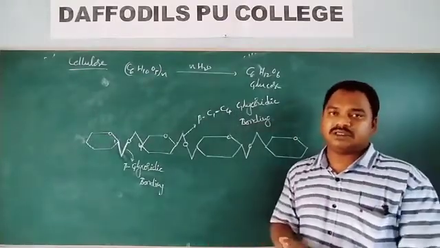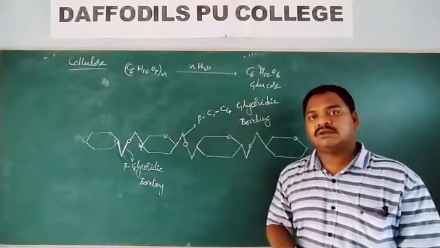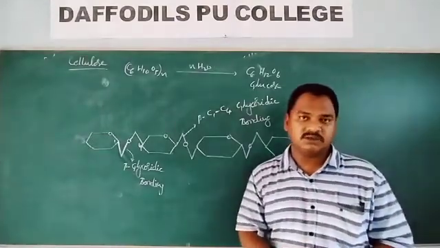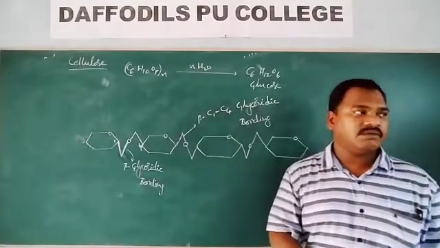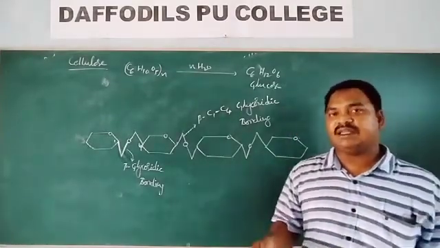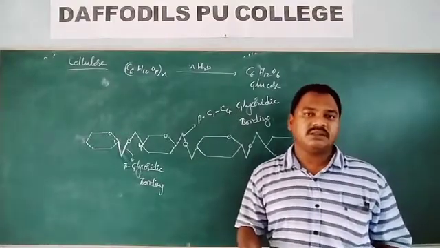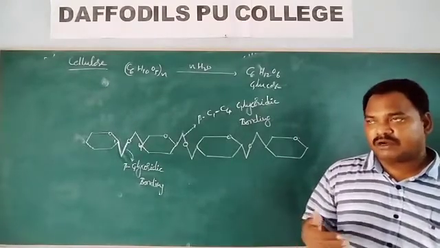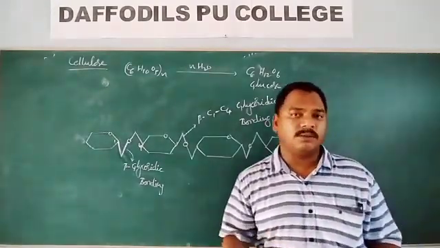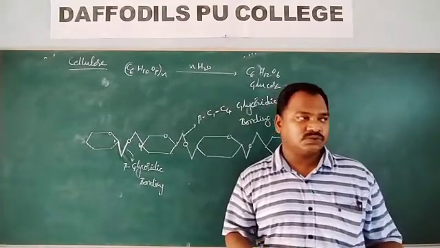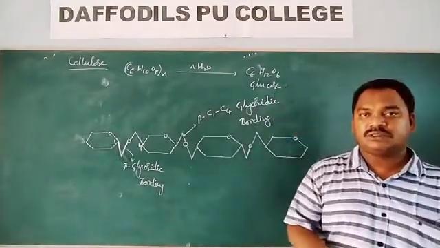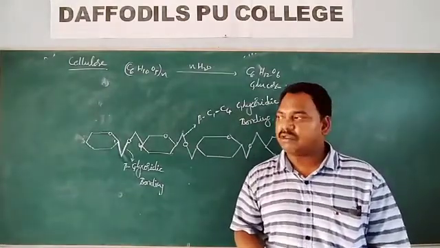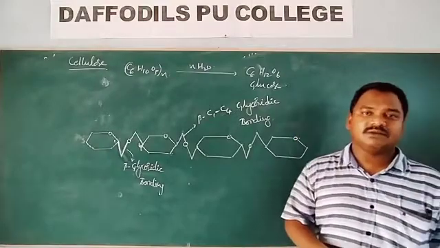During the need of energy, enzymes will break down this glycogen and release glucose molecules. When we sit idle, when we are not using that much energy, what will our body do? Our body converts the glucose into the form of glycogen and stores it in adipose tissues. So glycogen is also a source of energy.